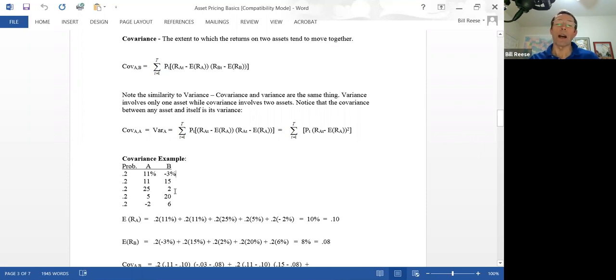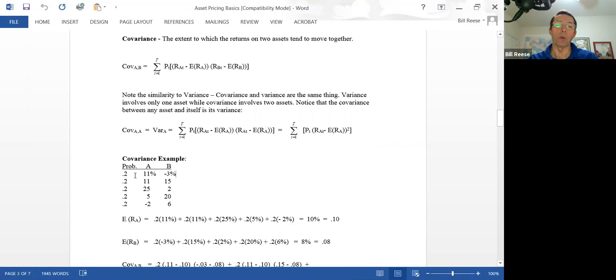So in order to find the covariance between A and B, we've got to first find their expected returns, okay? Because what we want to know is, does A tend to move up above its expected return and below its expected return when B is moving above and below its expected return, or opposite of B? So the expected return for A, we learned how to do this in our last video,